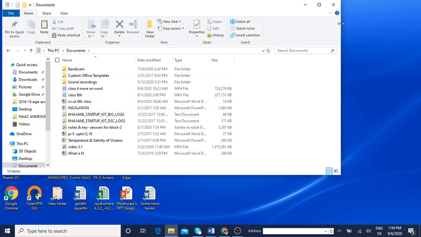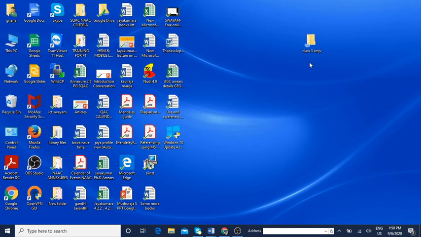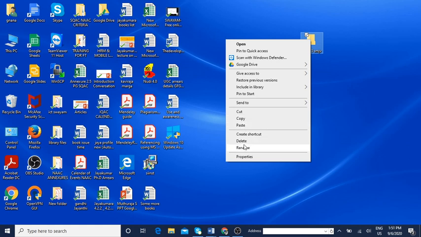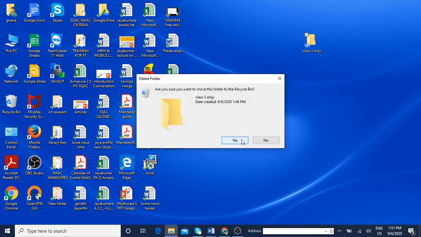Okay, fine. So now you learned that. How to delete a file or a folder. Now I want to delete this. Just right click on this and click on delete. It will ask you whether you want to delete it for sure, yes or no. So if you want to delete it, you can give yes or no. Fine.